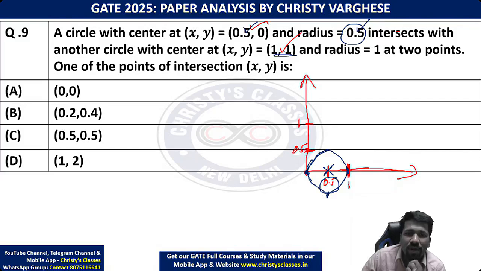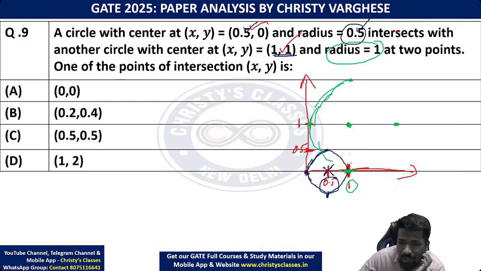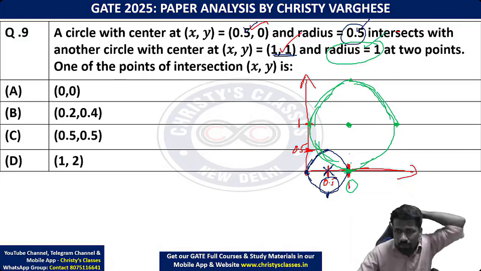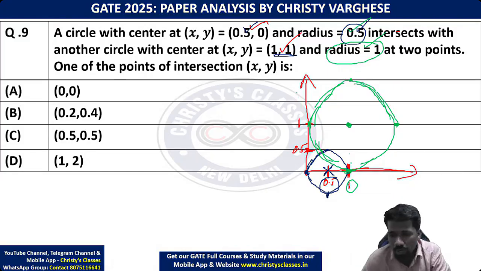Now another circle with 1, 1 at the center. 1, 1 at the center means different color से denote करेगा. 1 on the x-axis, 1 on the y-axis. So ये point होगा वो circle का center. और वो सर्कल का रेडियस 1 है. 1 है मतलब बॉटम 1, लेफ्ट 1, टॉप 1 एंड राइट 1. I am just giving you frame so that it is easier to understand. सो पिक्चर कुछ ऐसा कुछ होगा. Are you getting the point? क्योंकि इसका रेडियस डबल है, रेडियस 1 है, 0.5 था इसका रेडियस 1 होगा.